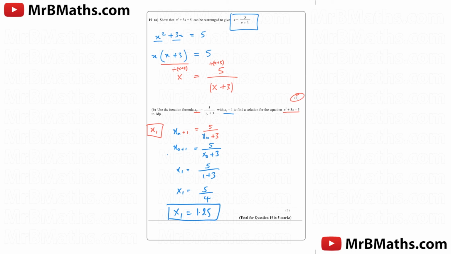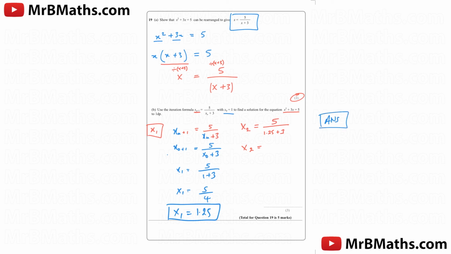So then I need to use all my previous answers to find out the following. I'm not going to write all of that for every single one, but for x2, for example, I would write 5 over 1.25 plus 3. Now if I do that using the answer function